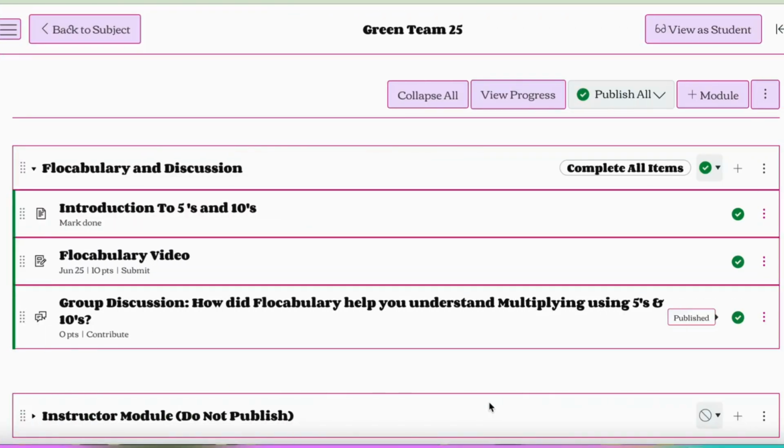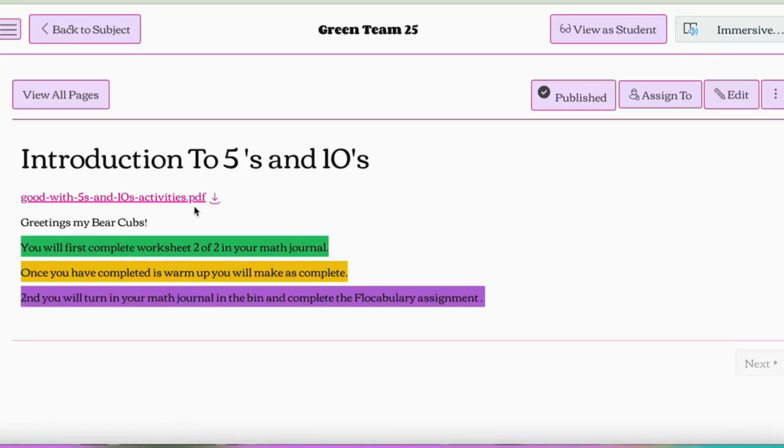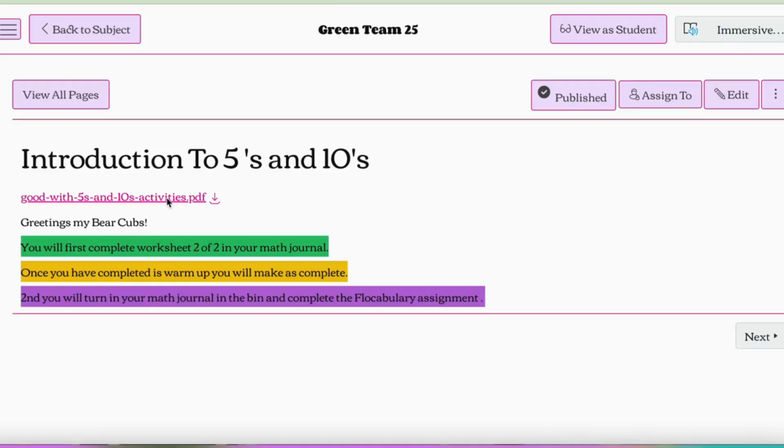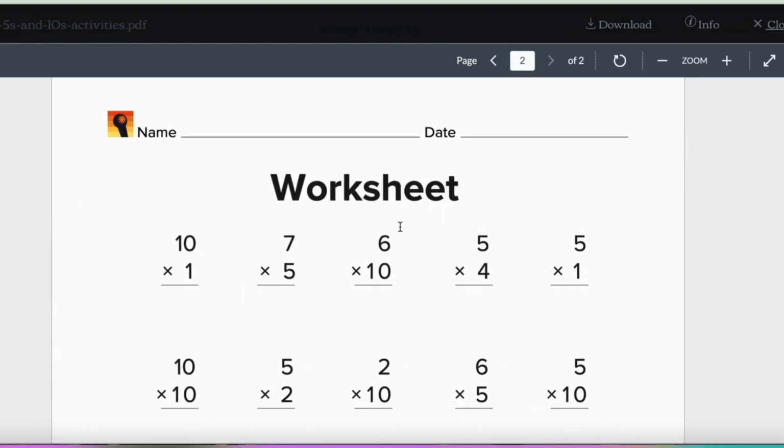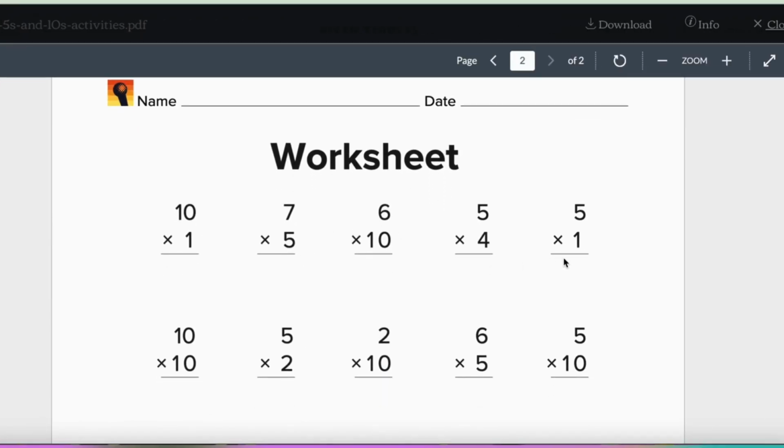This is where the students will go into the module, Flocabulary and Discussion. They have the introduction to fives and tens, which is a worksheet that will be used as a warm-up guide. In this, we do still use both online and written materials. So for this section of the warm-up, they will write down the problems or solve the problems in their math journals and then turn their math journals in before going to the next session in the module, which will be